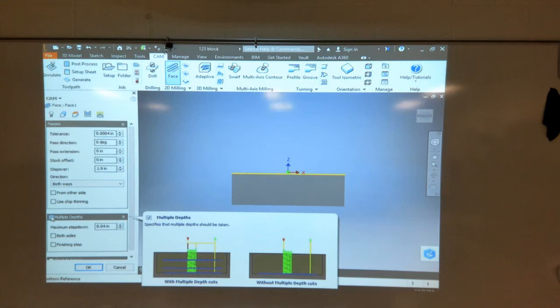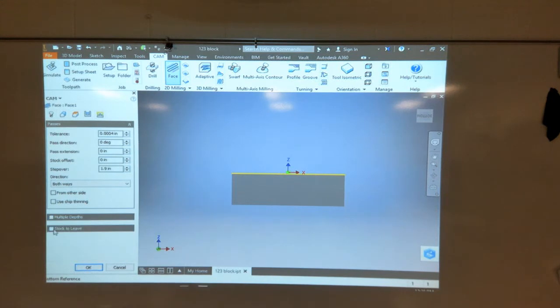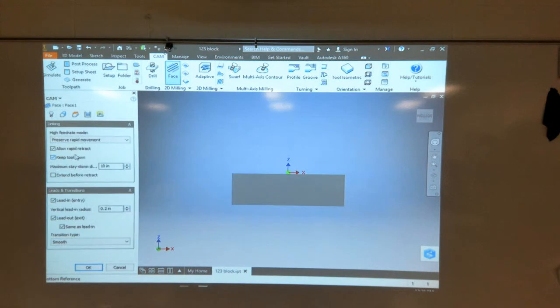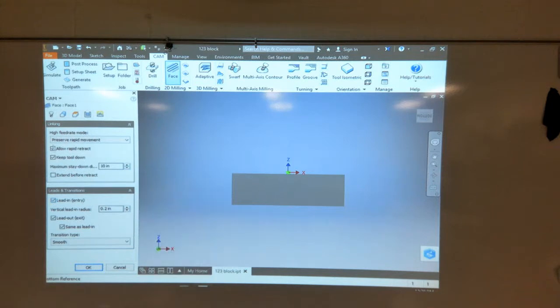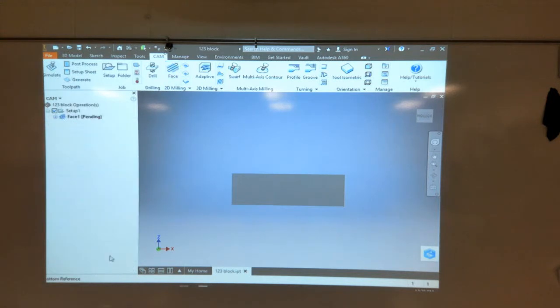Do I want multiple depths? Single depth? Do I want to leave some stock? No stock? And then here we go for just the way we want to lead in, how we want to thin the chip, any of that information that we want to have in there. So right now we're just going to keep it super basic. So once you see this area highlighted right here,